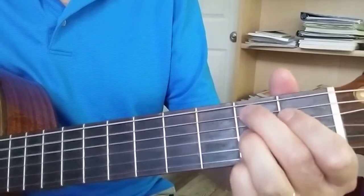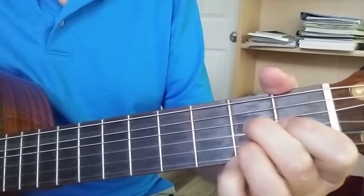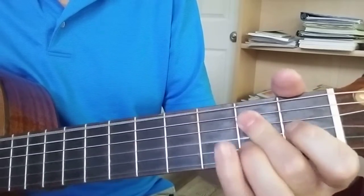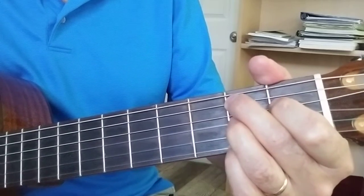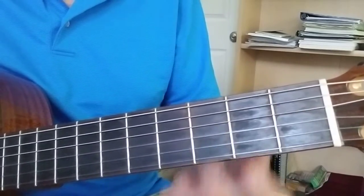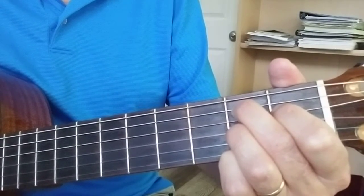5 chord, 9, 10, 11. 5 chord on bar 12, and we're back. Now I could have gone, instead of the 5 chord on bar 12, I could put in